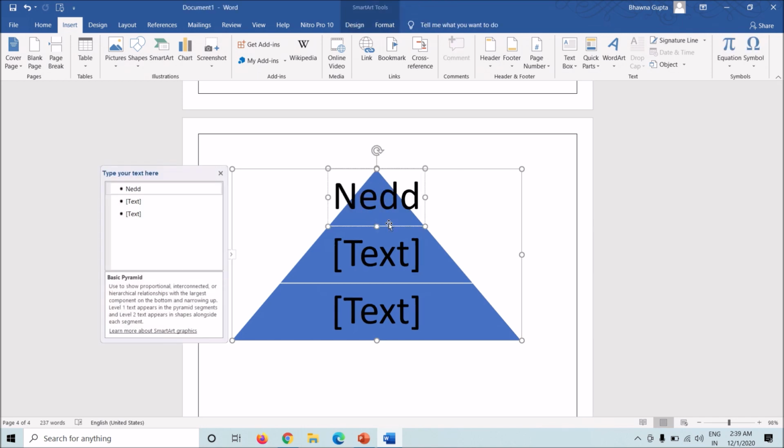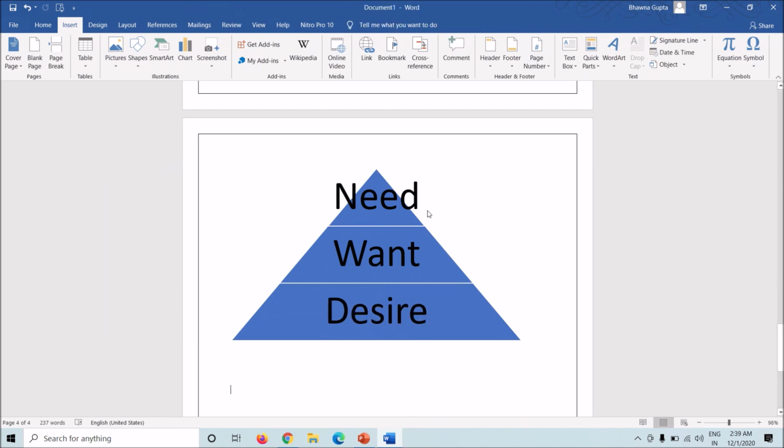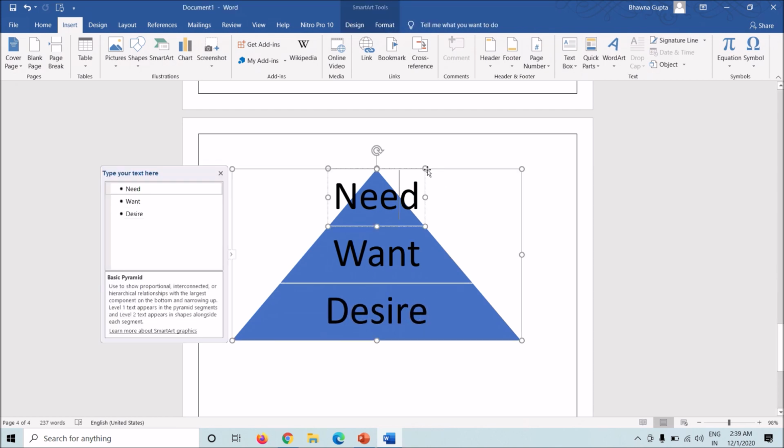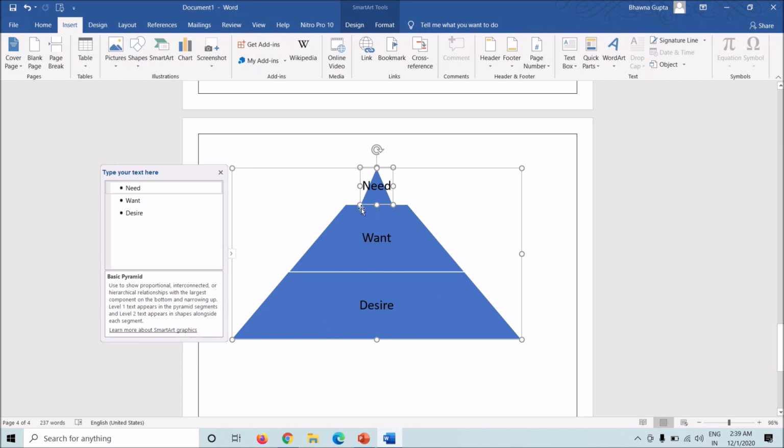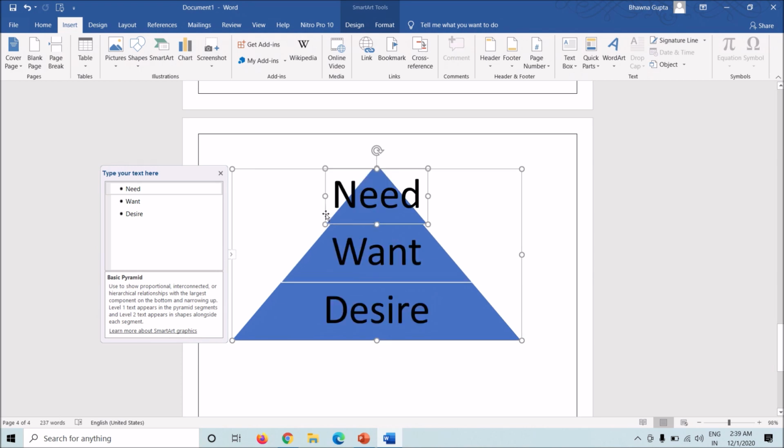Suppose I need one. This is a basic one. You can obviously change the size of the text. Change the size of the pyramid. It's up to you.